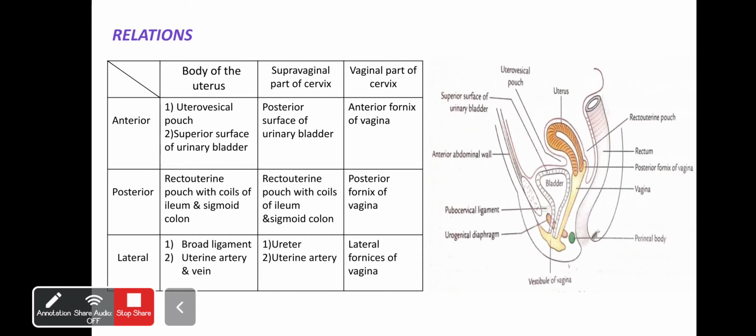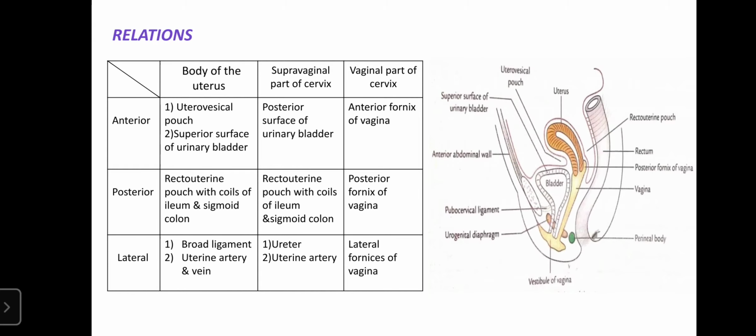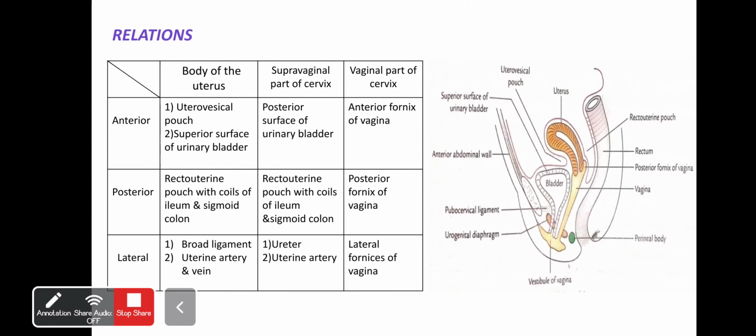Then we'll see about a few relations of the uterus. As you see here, I have made a tabular column to explain the relations, and this is how you have to make things simpler. You can make a flow chart or tabular columns, anything, to make the answer into an understandable form. This will make your work easy as well as the examiners'. So I'll always advise to draw more charts or tabular columns so that it will be more understandable for you also, and it will be easy to correct for the examiners. And this is how I even presented my answer paper in university. Okay, enough of that. We'll see about the relations of the uterus.